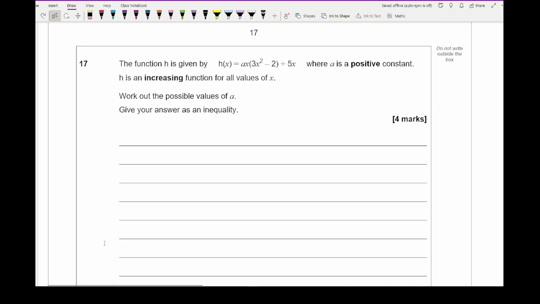Moving on to question 17, it says the function h is given by h of x equals ax multiplied by 3x squared minus 2 plus 5x, where a is a positive constant. h is an increasing function for all values of x. Work out the possible values of a. Now, if h is an increasing function,